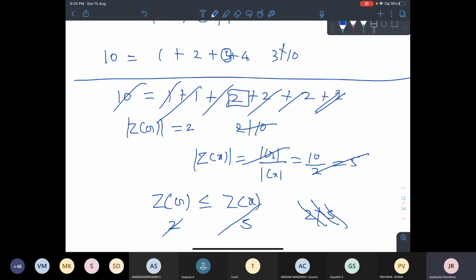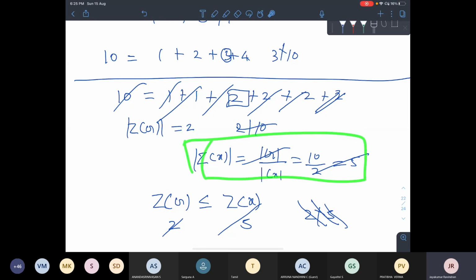What are the steps? I'm giving the algorithm. First step, check each and every term. Second step, check whether the ones are dividing or not. At the third step, go for this immediately. So this is as in the class equation.